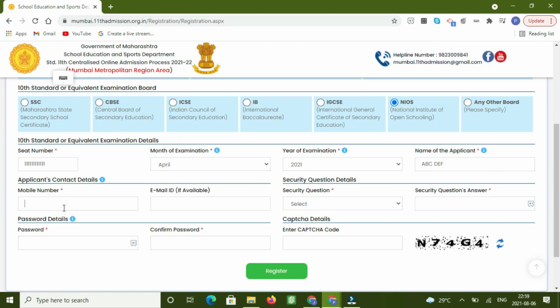Applicant's contact details. Now this, please, you will not be able to change this later. So please fill up valid details. As of now, since this is mock registration and demo that I'm showing, I'm filling a random number. But students, when you're filling this number, please keep in mind that this number is active for the entire duration of the admission process, could be 2 months, 3 months, whatever. Make sure this number is valid. Email also. Keep a valid email ID.